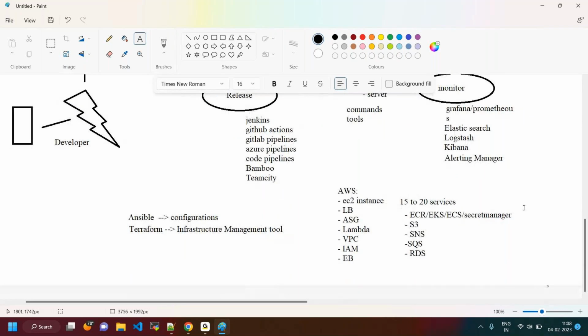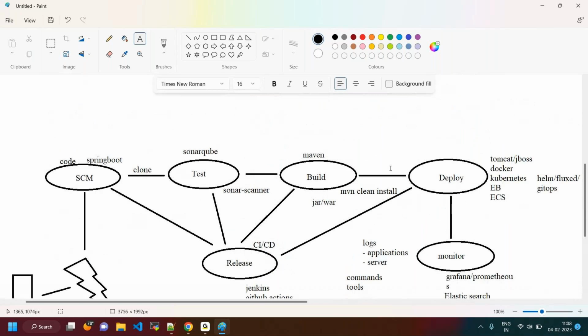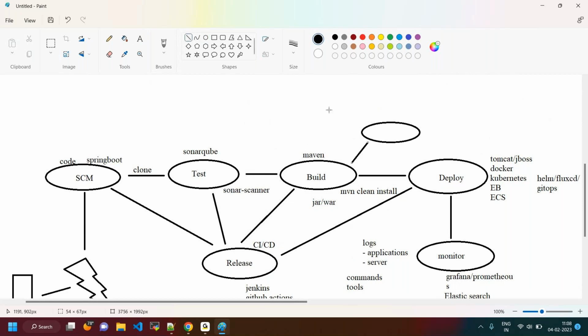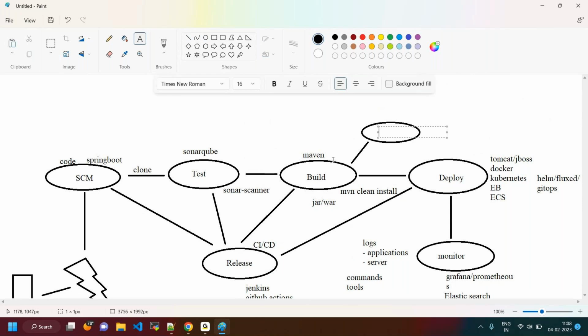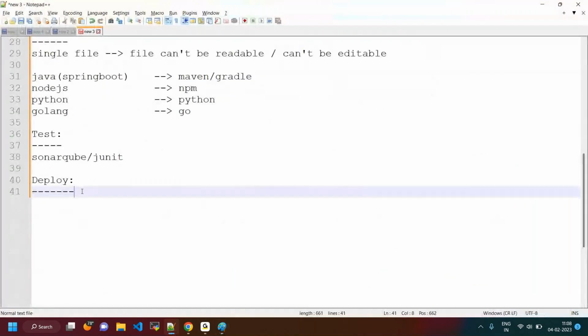Thank you. Along with this, I forgot to mention that the JAR or WAR file also needs to be kept somewhere in a remote location for storage purposes, for future reference. I'm going to discuss Nexus and JFrog. This is also something we are going to discuss. These are the tools we are going to cover in our sessions.